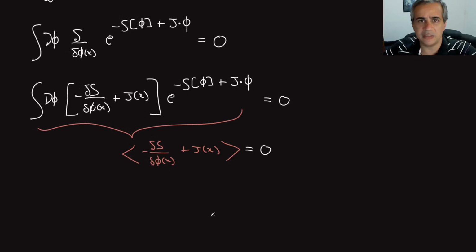Now I want to take this further. First, let's use a trick that is a very useful one when we are doing path integration. This is a derivative of the action, a functional derivative. So this will be again a function in phi's, in this case of many phi's. And I can rewrite this object by substituting the phi's by derivatives in j, because this is multiplying this exponential, so I can replace whatever polynomial of the fields shows up here for a polynomial of derivatives in j.